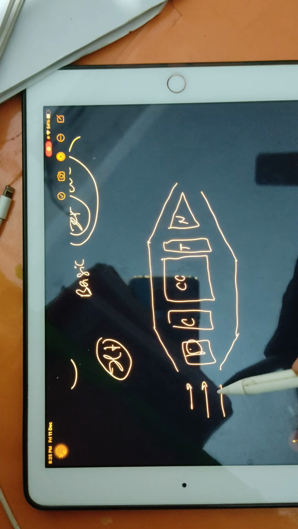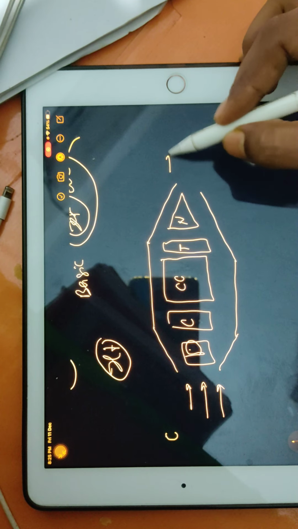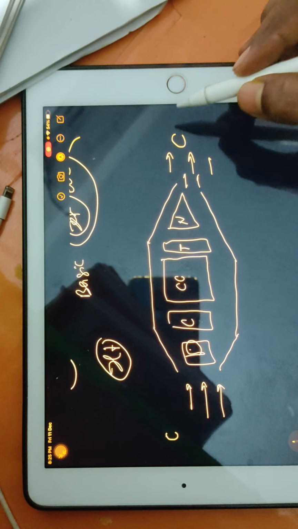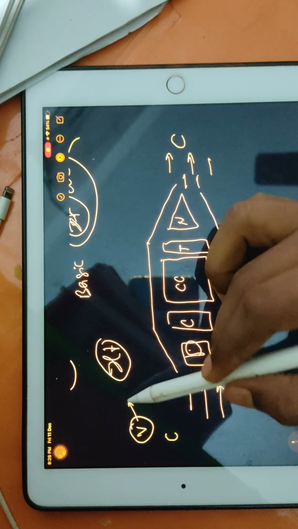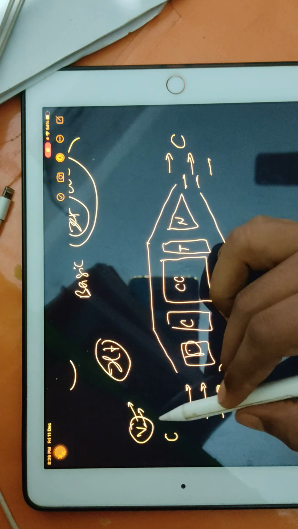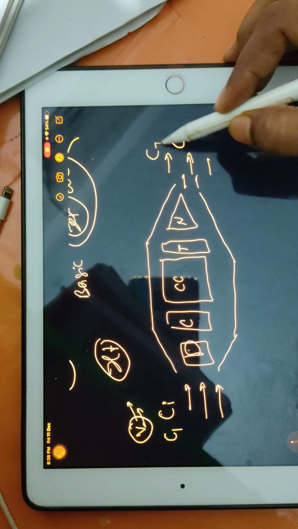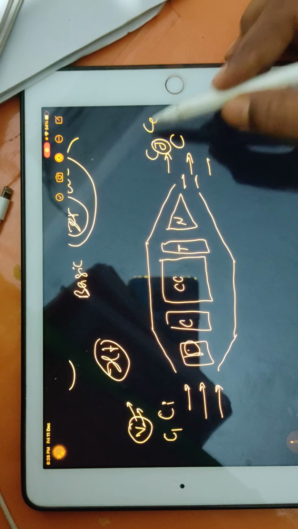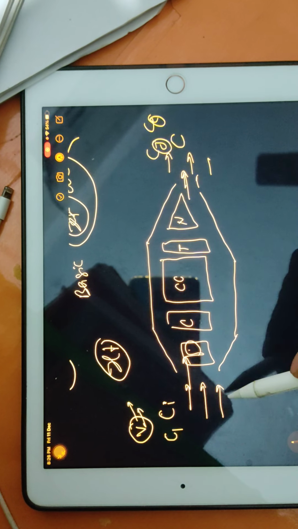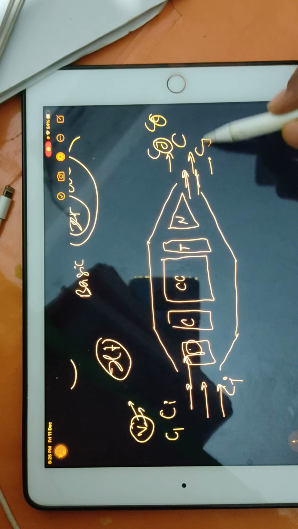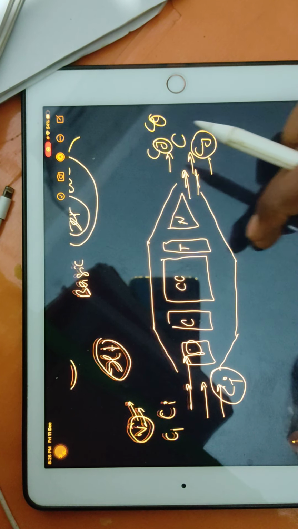From here, whatever air will enter, that air speed you call C. When the air is going out, I mean whatever jet is going out, that also you call C. Some teachers teach by V, but just to avoid some kind of problem with volume, we are using C, because V is the variable for volume. So put C1 or CI here. Here you put CJ or CE. J means jet speed, E means exit speed. So I will be using CI and CJ. So CI will be here, CJ will be here. You all guys are from different colleges, so your professors will be using different symbols.